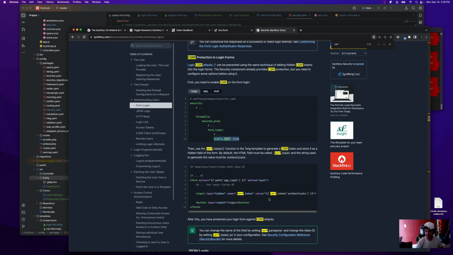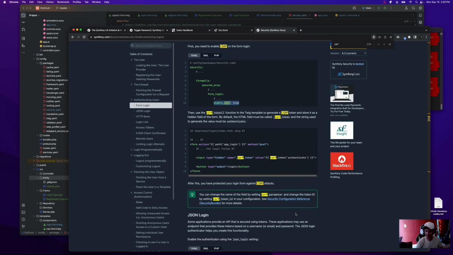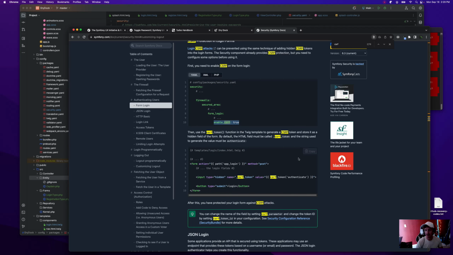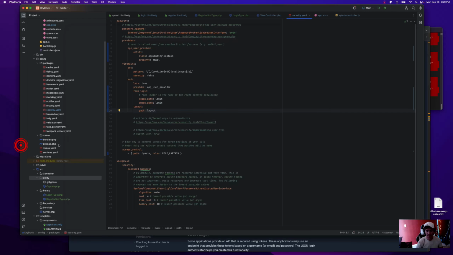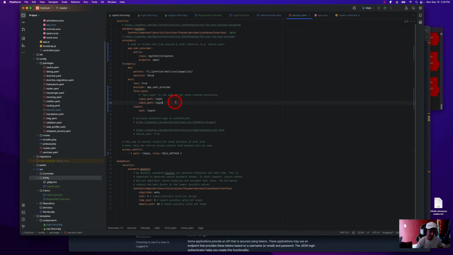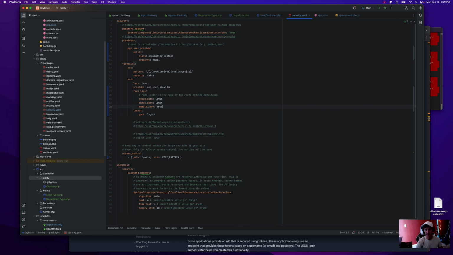Twig template, CSRF token. And it has to be given the value authenticate. And this we are actually going to add manually. This basically is what helps prevent, what level did they add that? In form login, right. YAML files can definitely be problematic sometimes if you don't have the right indents and spaces.